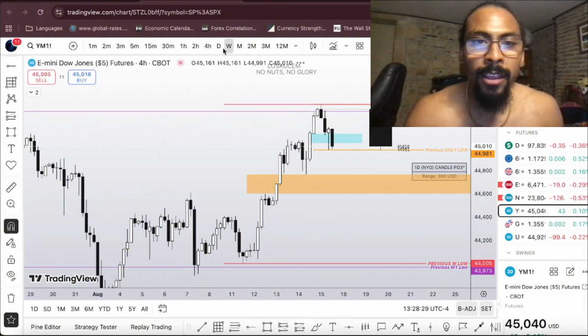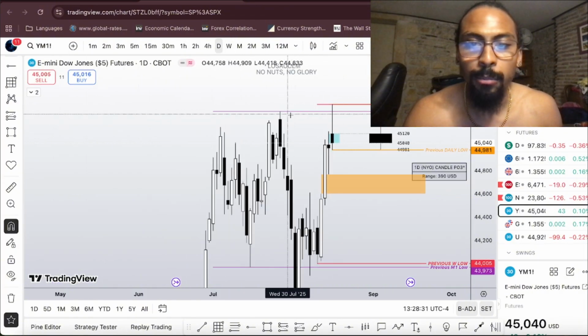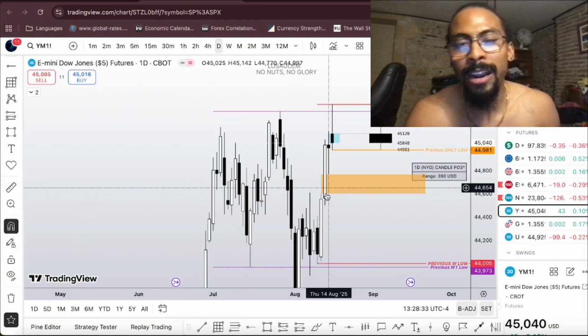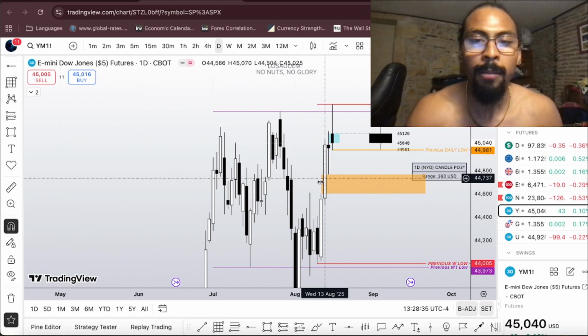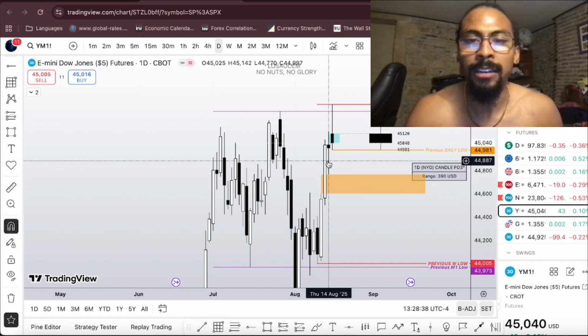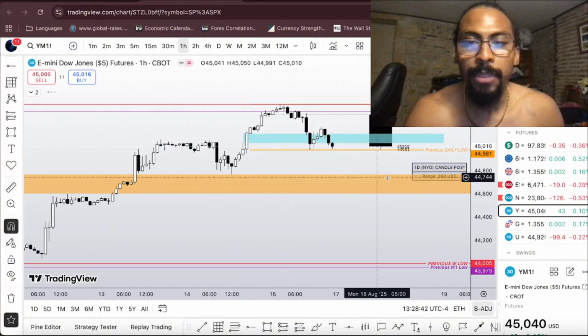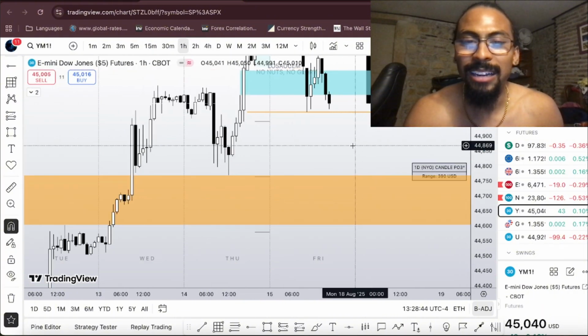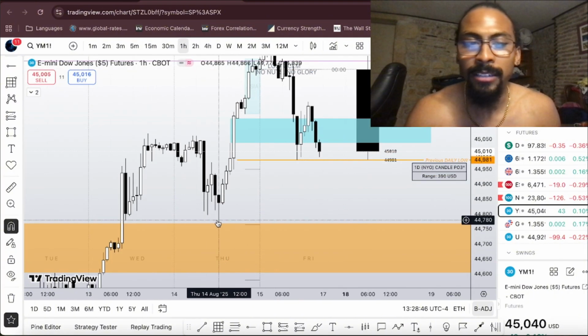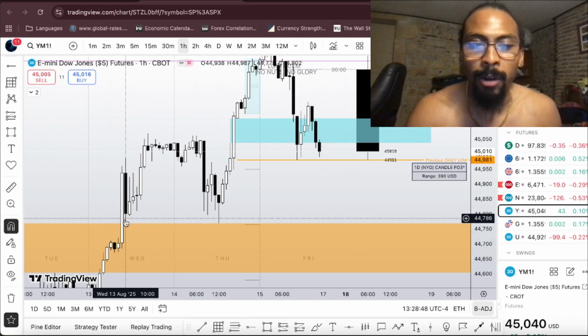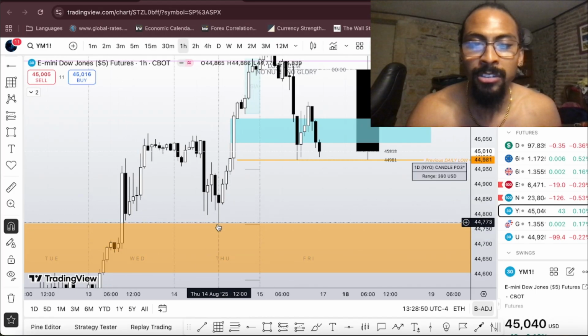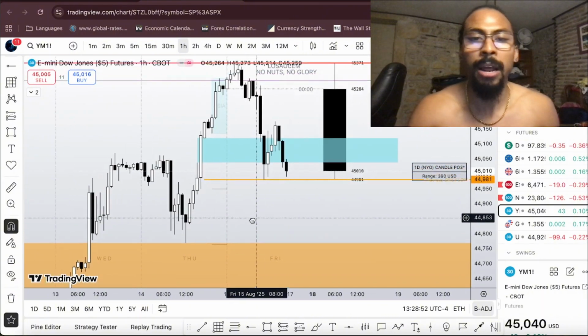So looking at YM, even though we took out the previous monthly high, we have this inefficiency down here. This may stay open. I don't think it may come down to here. This back and forth, this is an inefficiency there, right? I'm thinking that price, I mean, it could come down into here because this is still inefficient, this fair value gap right here, and we only tapped into it just a bit. It doesn't have to come down into there.